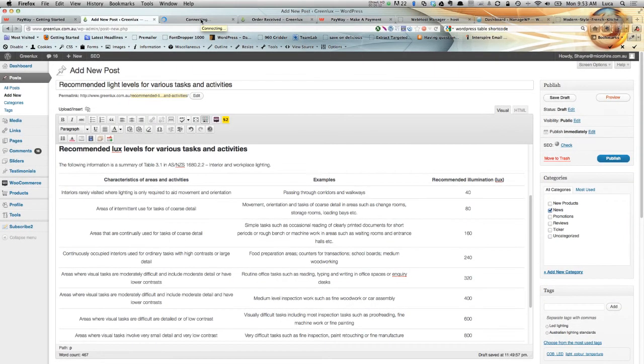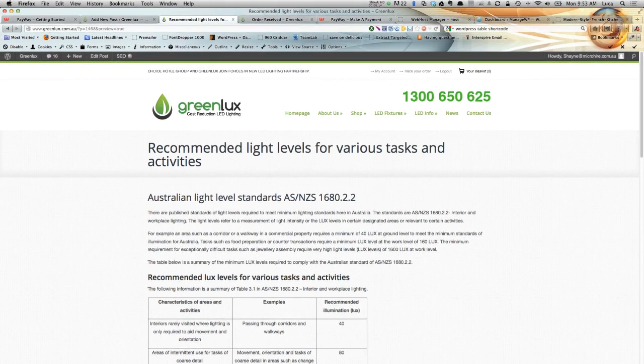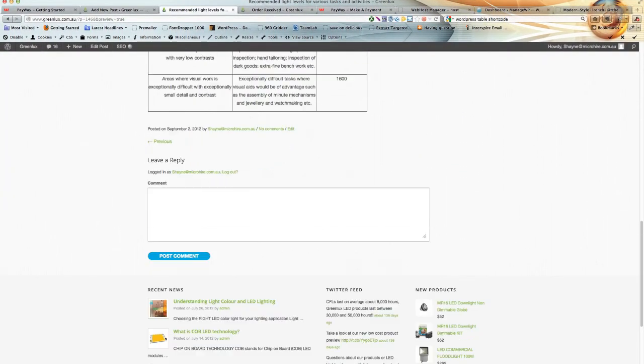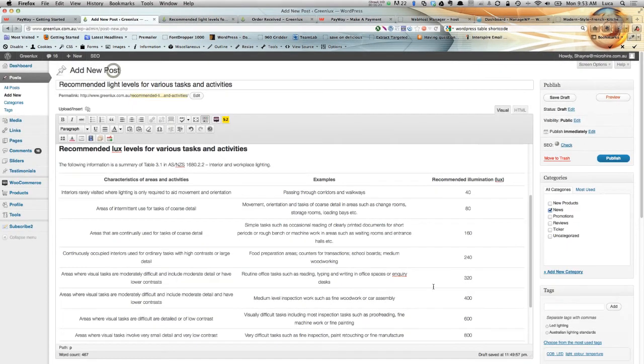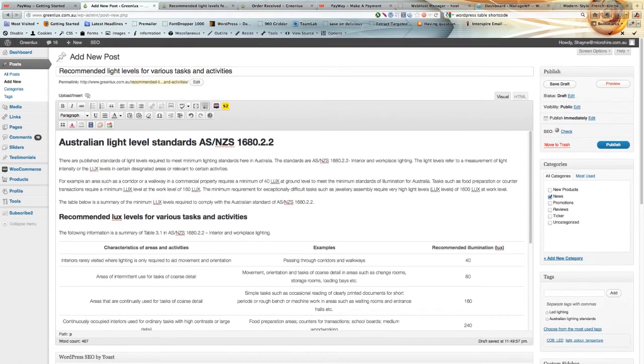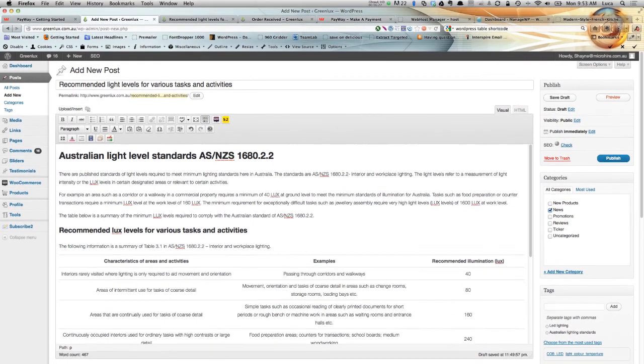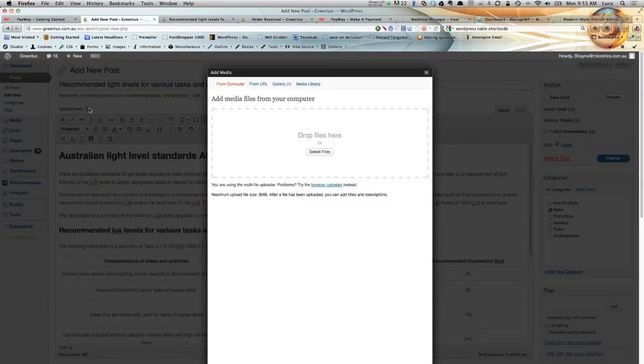This is mostly not for these bits, because if you want to put an image here, you have to insert it. It's more for these images, the little thumbnails. Now, let's say the same image you want to put at the top of the post or somewhere else. Let's say you want to put it here. You just put the cursor where you want to put it, and then up here there's Upload Insert, Add Media. You click on that icon. Now you can either re-upload a picture, or if you already uploaded one, for instance, you go and click on the gallery,